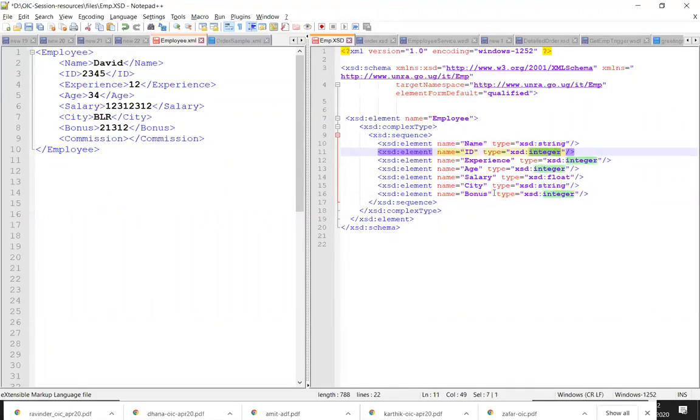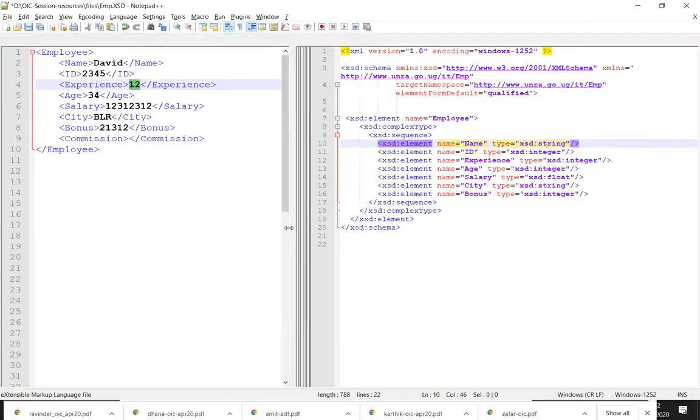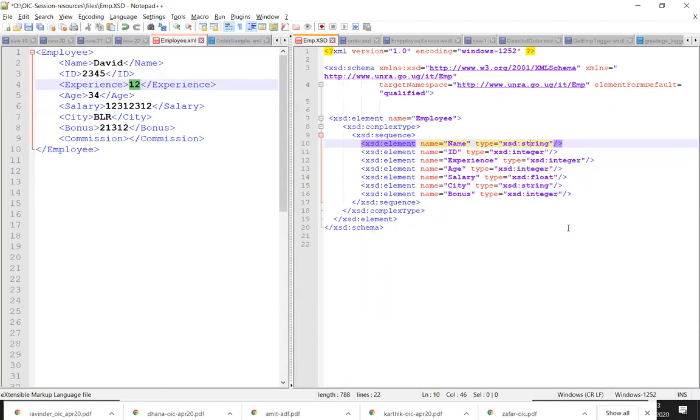Okay, no problem. XSD has some predefined types. You have to use only those types, but those types are sufficient. Usually, when you're talking XML, you have only 2 or 3 types. One is integer, one is float, and one could be string. Usually that will be sufficient to represent any data we want to exchange. Float, integer, and string are usually sufficient.